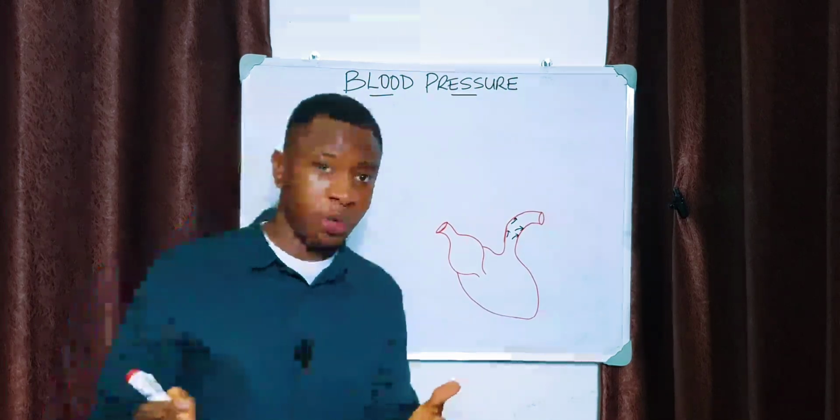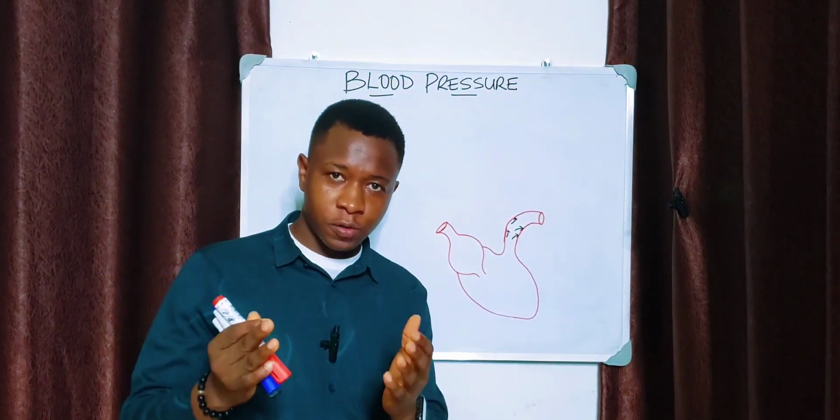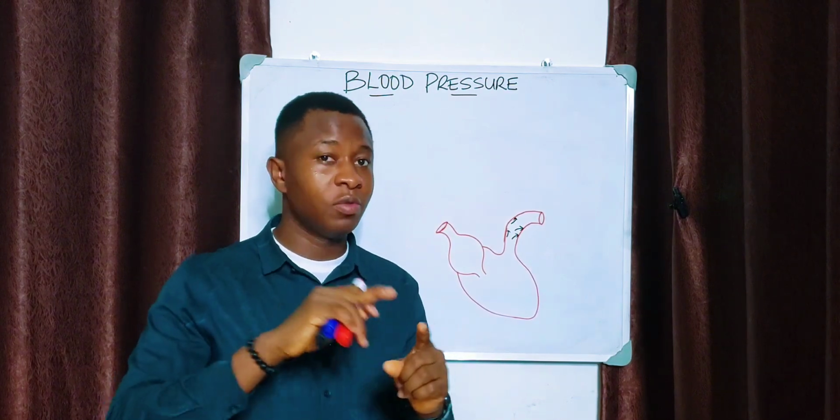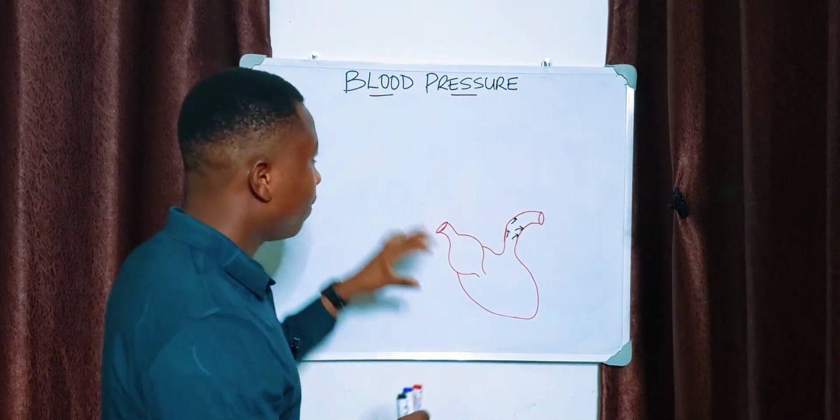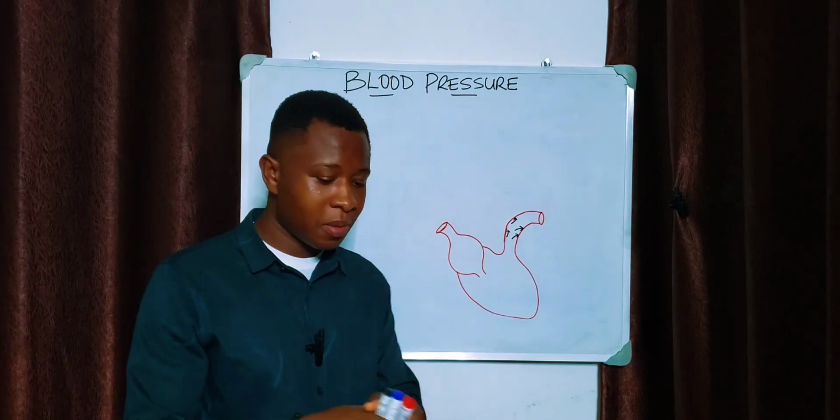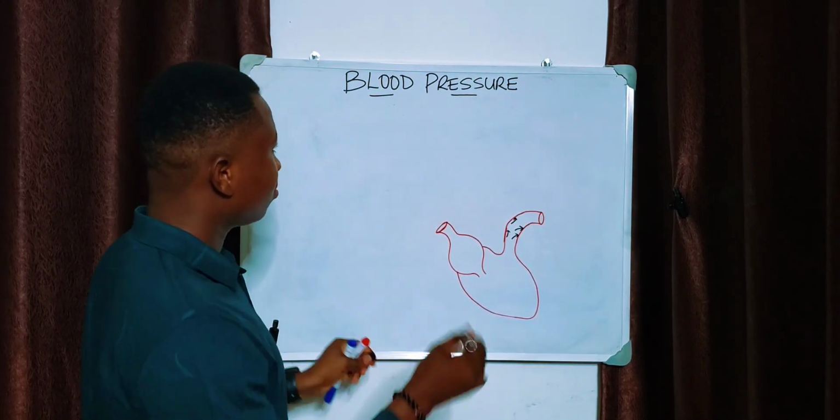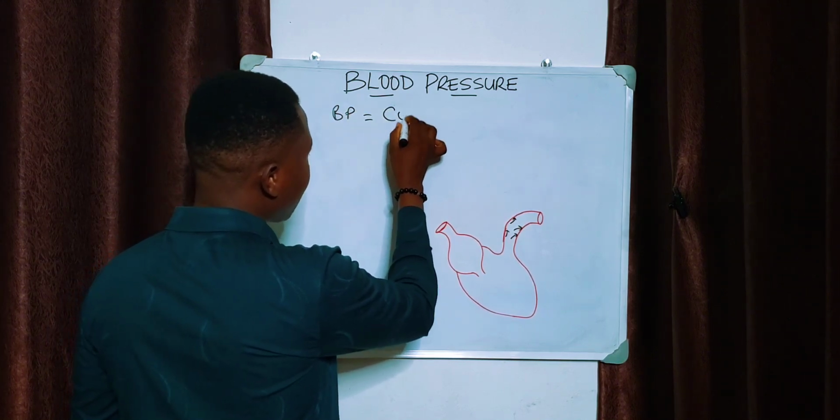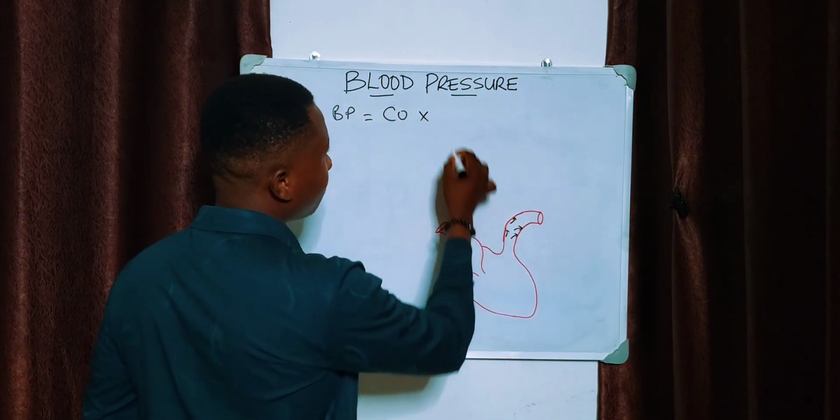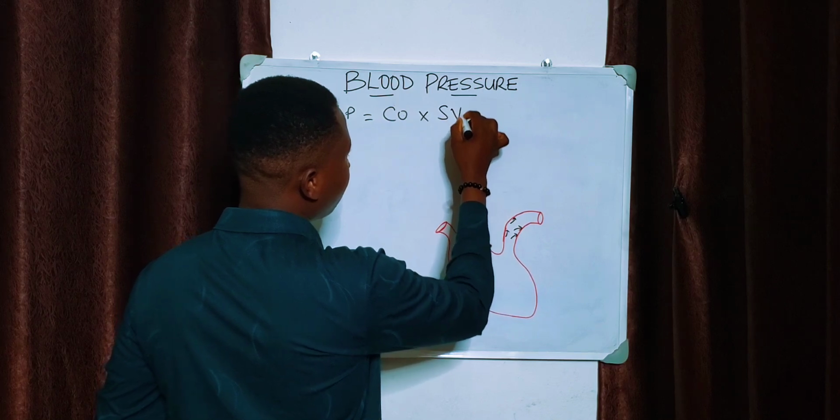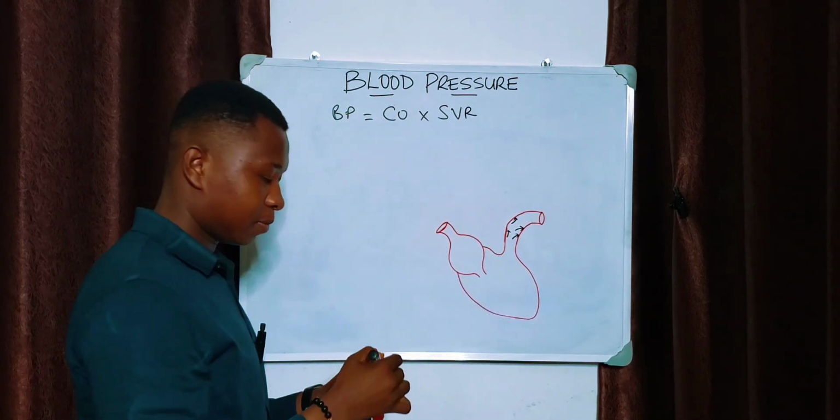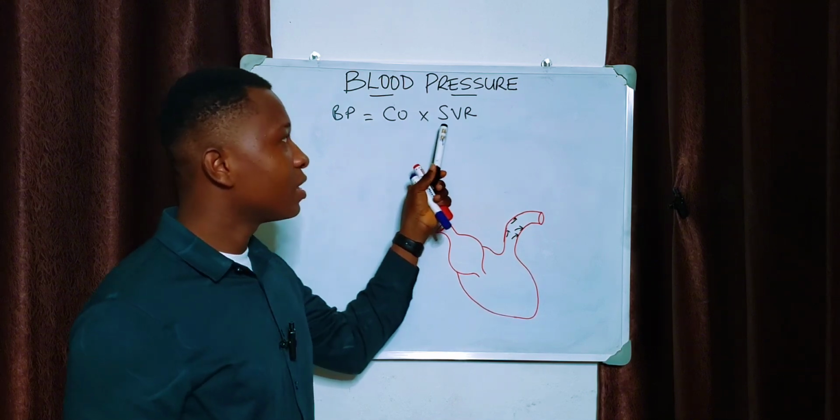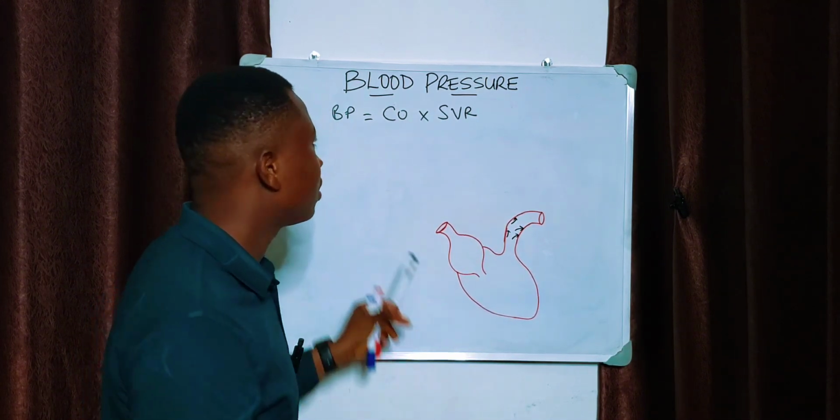And what is blood pressure? Blood pressure is the force that the blood places on the blood vessels as it moves through. Now blood pressure is gotten by a simple equation. Blood pressure is equal to cardiac output multiplied by systemic vascular resistance. So if you multiply the cardiac output of the heart and the systemic vascular resistance, you get your blood